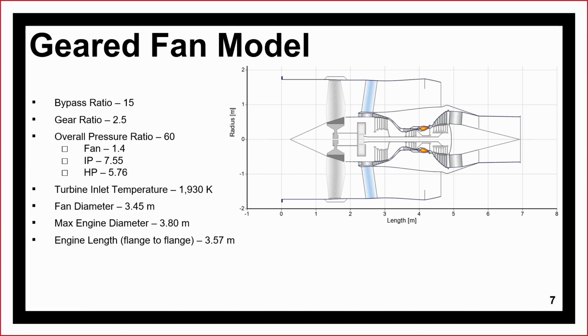Turbine inlet temperature is 1930 Kelvin. The fan diameter is slightly increased to 3.45 meters compared to the baseline because of that increased bypass ratio. It gives a max engine diameter of 3.8 meters, and then the engine length, flange to flange, from the front of the fan to the back of the LP turbine, is slightly less than the baseline at 3.57